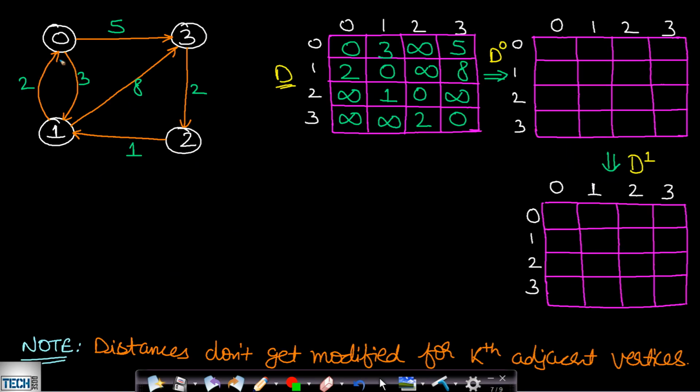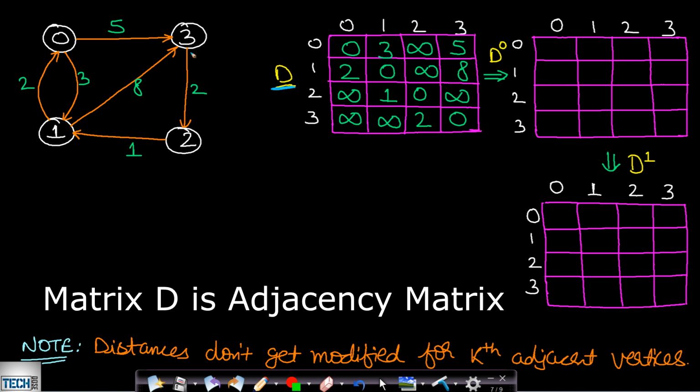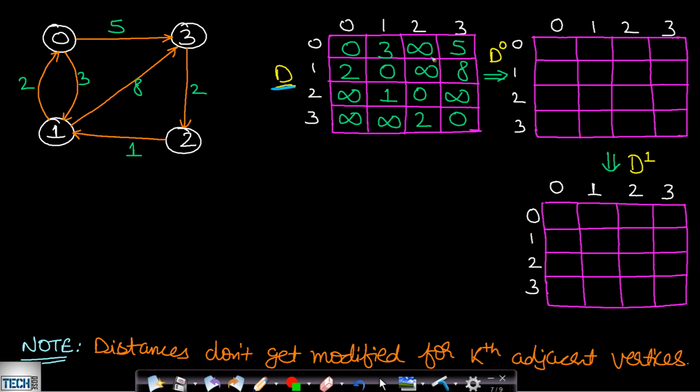So let us take an example in order to understand this algorithm. I have taken this example having 4 vertices, and it has 6 edges. Now what I will do is, first I will make the matrix which will have the information about each and every distance value, and these distance values will be for adjacent nodes only, and if the nodes are not adjacent, then we will fill it with an infinite value.